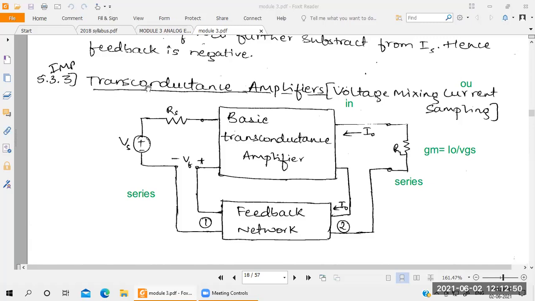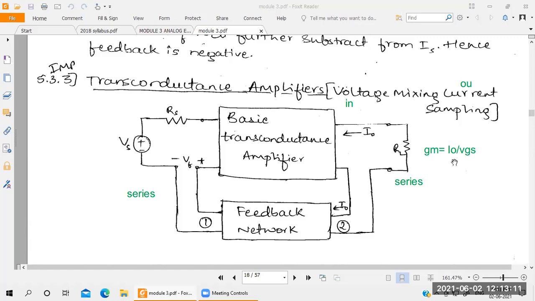So that's why I call it the transconduction. Transfer the conduction from power supply to ground here. That's why I call it the transconduction amplifier. So in a transconduction amplifier, output is current, input is voltage. Remember this one: output is current, input is voltage.